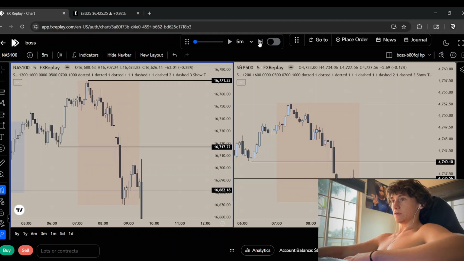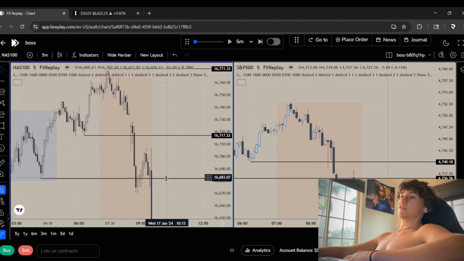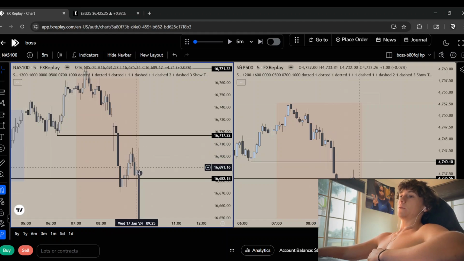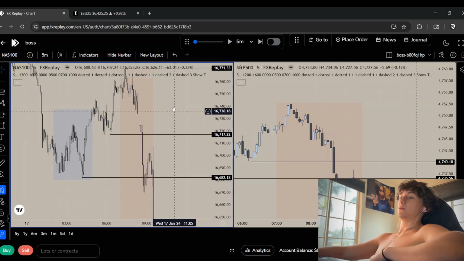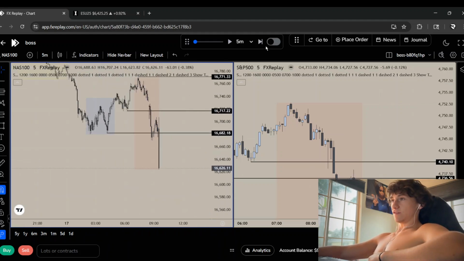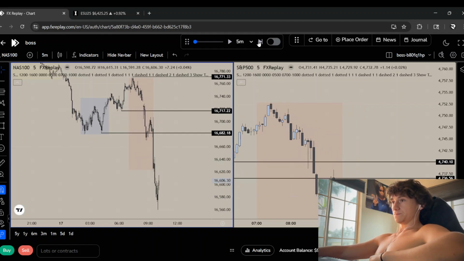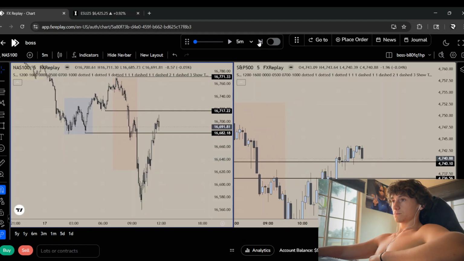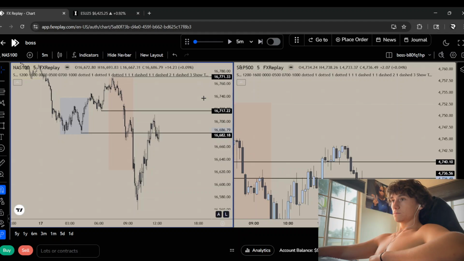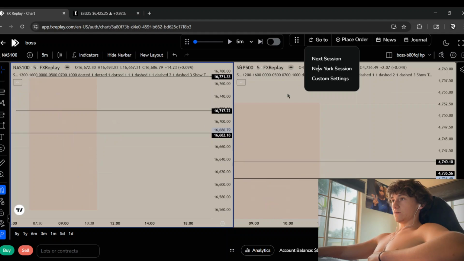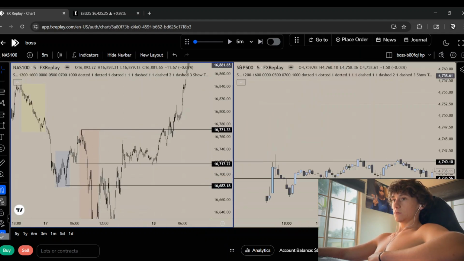No change in state. But see, this is like a time where I would go down, look for an entry, but look, we didn't sweep any liquidity. So that's what I'm not going to do. I'm not going to trade. And this also looks like a very high impact news day. Alright, anyways, so that day I wouldn't have traded. Alright.